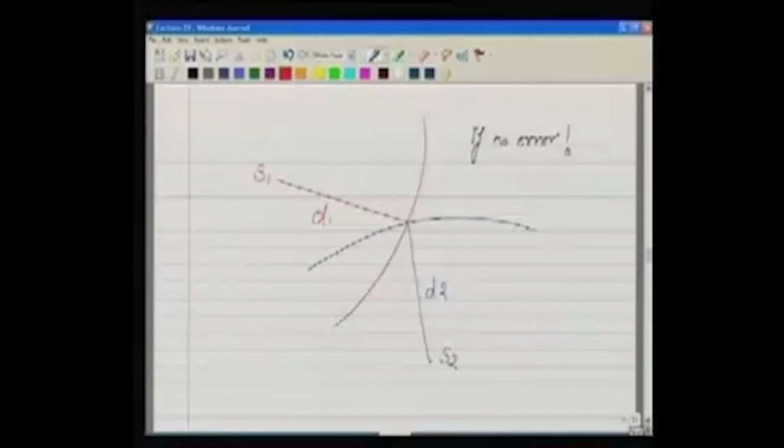Well, let us look at here. We are measuring the distance of a point. We have a point here, and for this point we want to determine the coordinate. We have satellites S1 and S2. I am giving you this as a 2D example, so please note it down that we are having an example in 2D. S1 and S2 are two satellites. So what we are doing, from the receiver, we are measuring the distance D1 and we are measuring the distance D2. If there is no error,